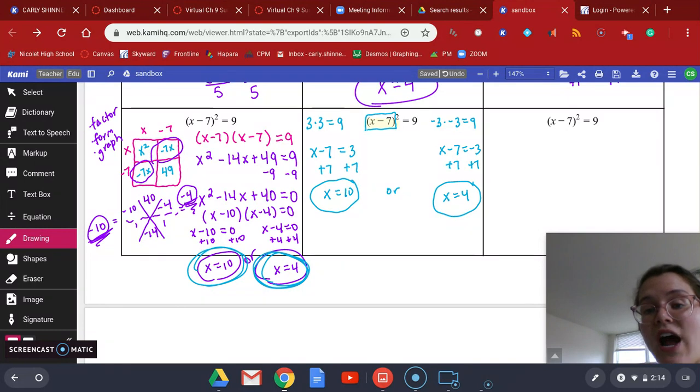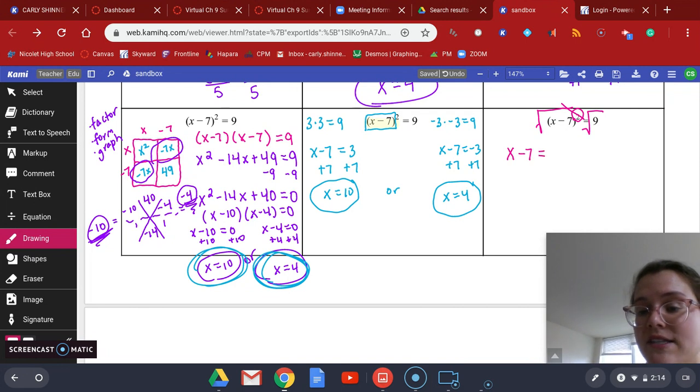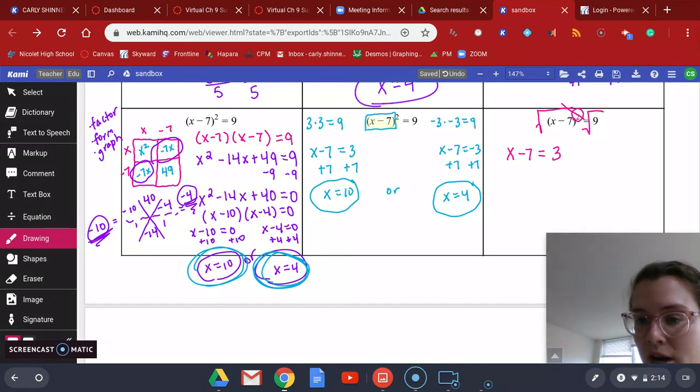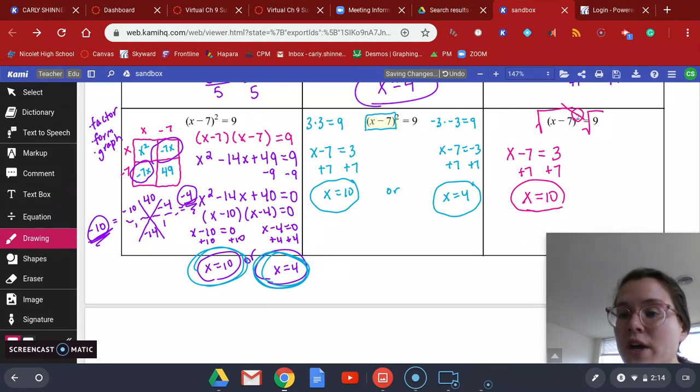Let's try our last strategy, the undo it. Okay, so this squared, what's the opposite of squaring? Remember we talked about that up there. That's going to be the square root is the opposite. So the square and the square root cancel out, and I get x minus 7 equals 3. And what do you know? Solving that, I get x equals 10. Now, the tricky part with this undo is the square root of 9 is 3, but we also have to remind ourselves if I'm squaring